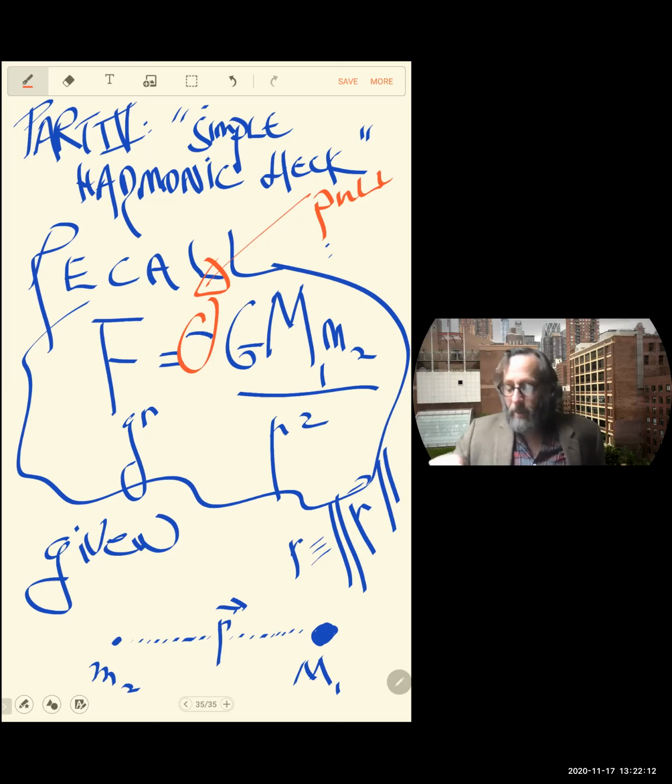Okay, that's what the negative sign means. And the force is directly proportional to both of the masses, and inversely proportional to the distance between them squared. There's a constant of proportionality called G that makes the units all work out. I'm either reminding you of how gravity works, or teaching you for the first time, but just to break